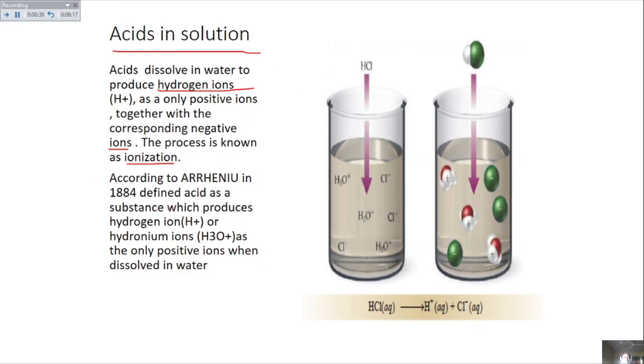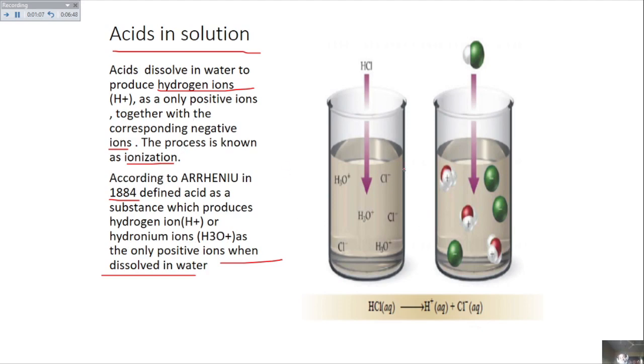Now, according to Arrhenius in 1884, acid is defined as a substance which produces hydrogen ion or hydronium ion as the only positive ion when dissolved in water. This is very, very important: when dissolved in water. Whenever you dissolve a substance in water and that substance produces hydrogen ion or hydronium ions as the only positive ion, then that substance